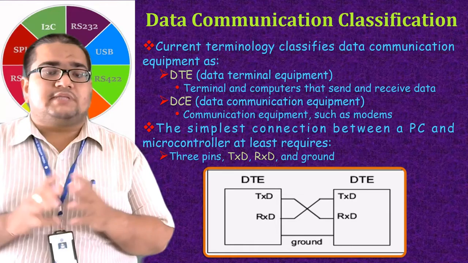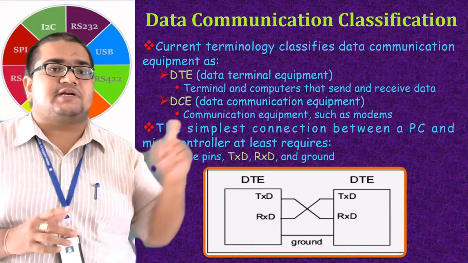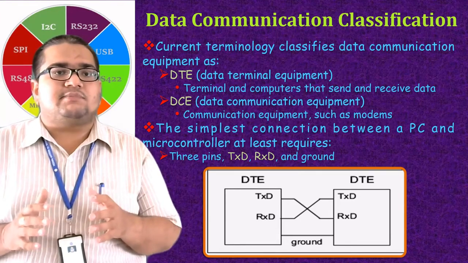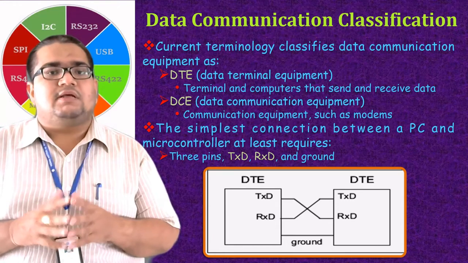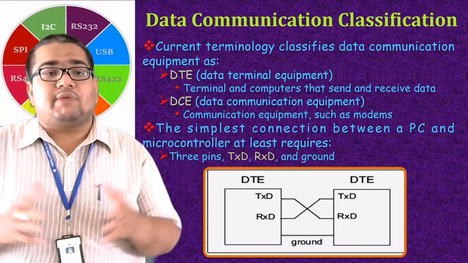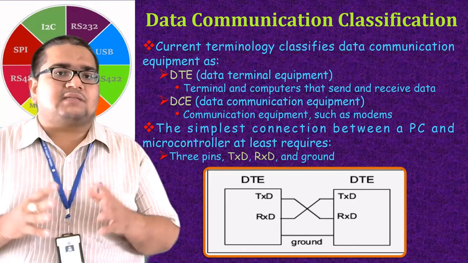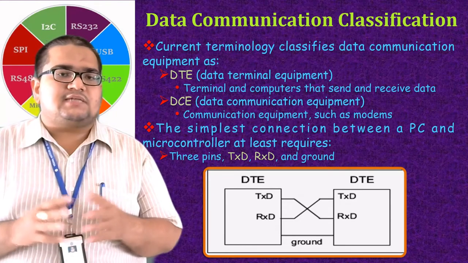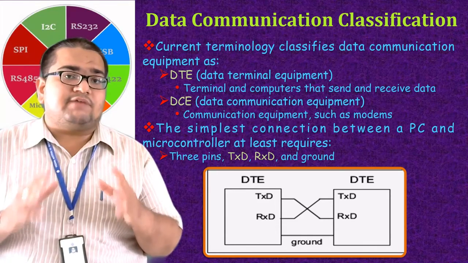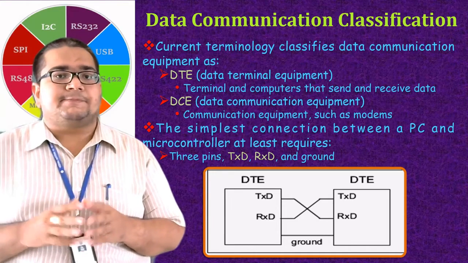Now, these two terminologies have to be very clear to you. One is DTE and the other is DCE, as mentioned here. DTE is the data terminal equipment. Generally, this is a computing system where the CPU lies, like an 8051 based embedded system, which is one example, or a computer. Any microprocessor based computer is another example of DTE. Whereas DCE are the modem devices, which generally act as communication devices between two computing devices. So an example is a modem in this case.